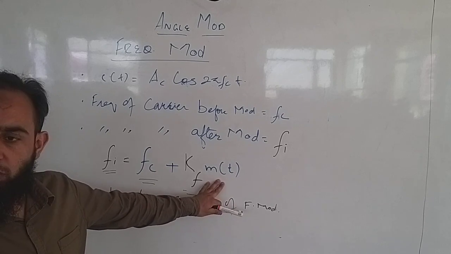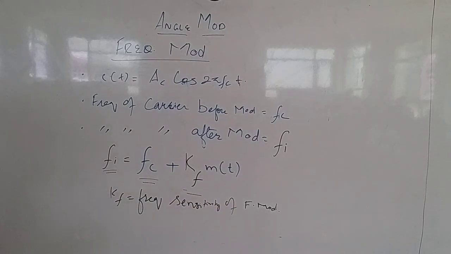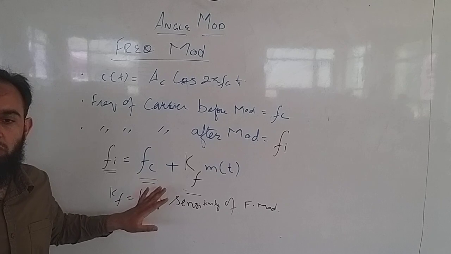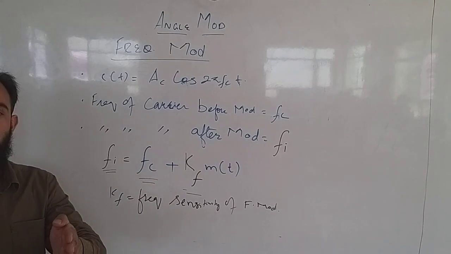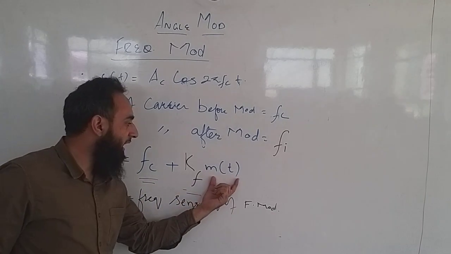केस 1: m of t इक्वल टू 0. आप बताइए खुद से. m of t 0 है, fi will be equal to fc. डन. केस 2: m of t is